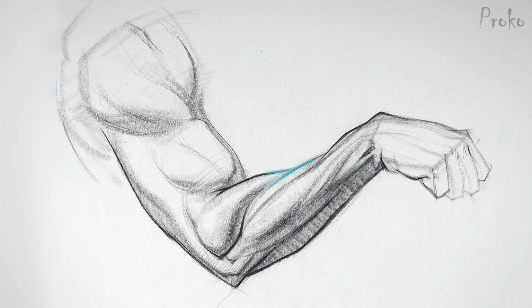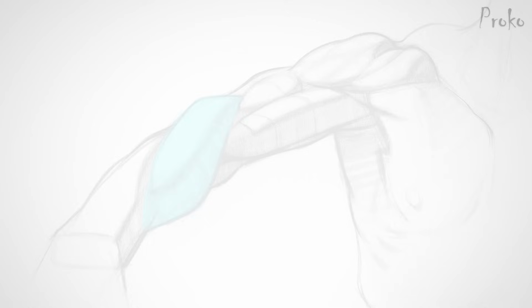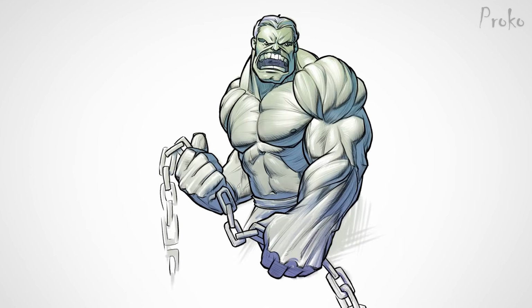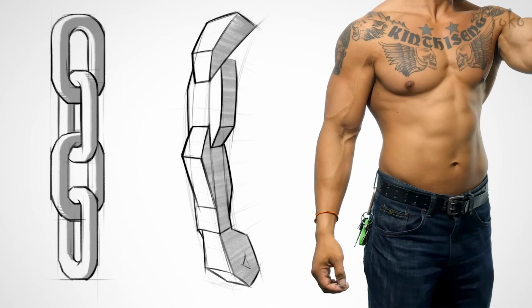There's usually a clear plane change along the contour and an overlap which separates the two groups. The ridge muscles usually blend together as a large tapering tube form. They emerge from in between the brachialis and the triceps and contribute to the chain design of the arm. Hulk hates chains! Right, so the chain design, that's this thing, where the deltoid is wide side to side,